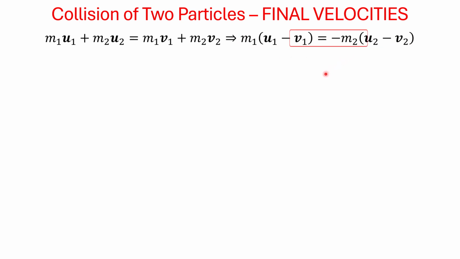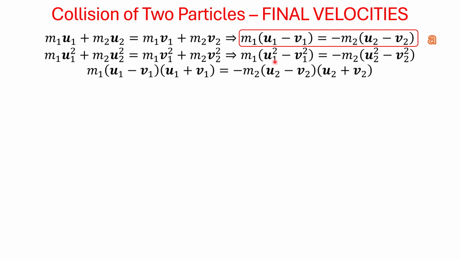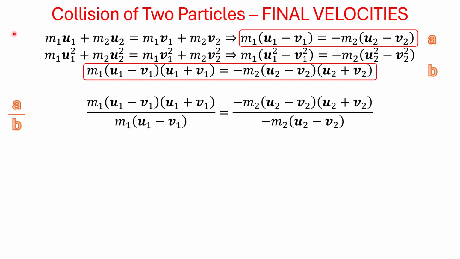So here we obtained the equation that I'm going to call A. For the equation of conservation of kinetic energy, again I am doing the same thing, where m1 related terms are clubbed together on left hand side, while m2 related terms are clubbed into right hand side. So x square minus y square, we can write x minus y into x plus y. Exploring that formula, we have the second equation that I'm going to call equation B, and A upon B I'm going to refer,